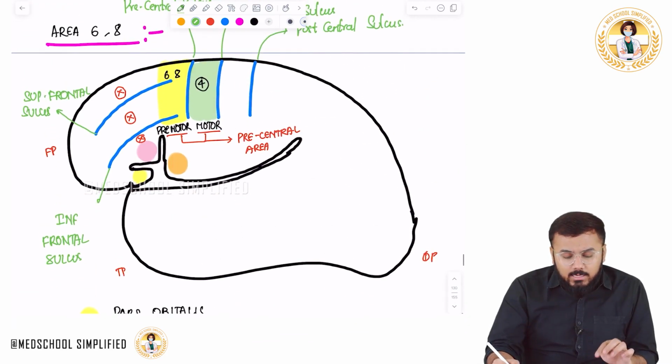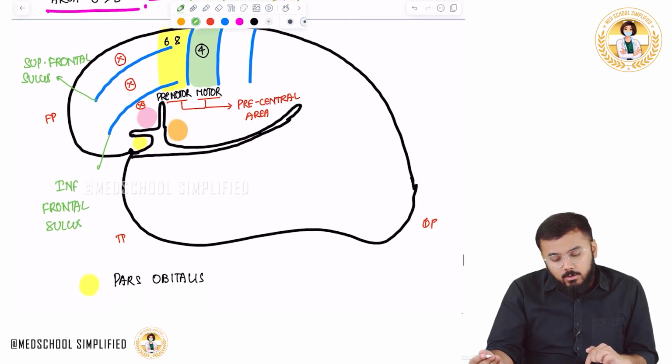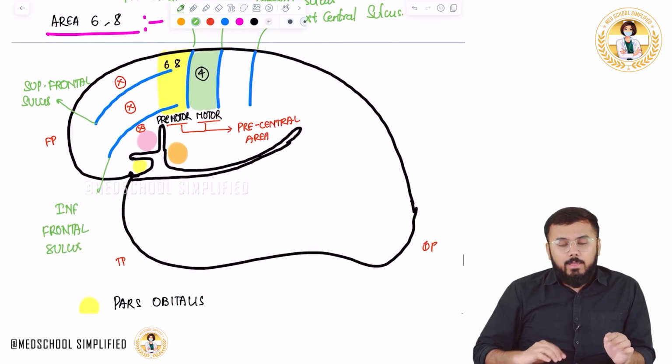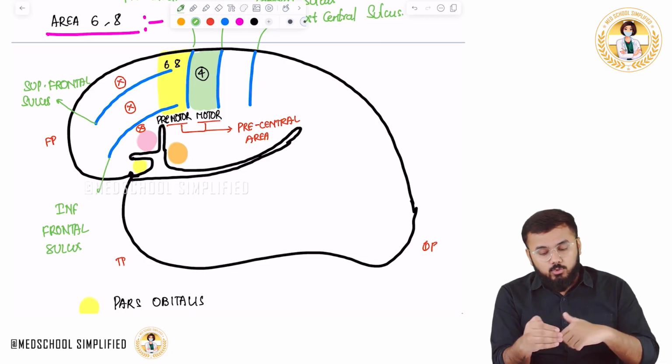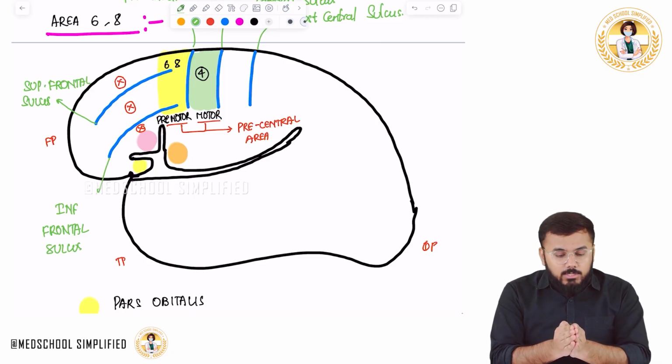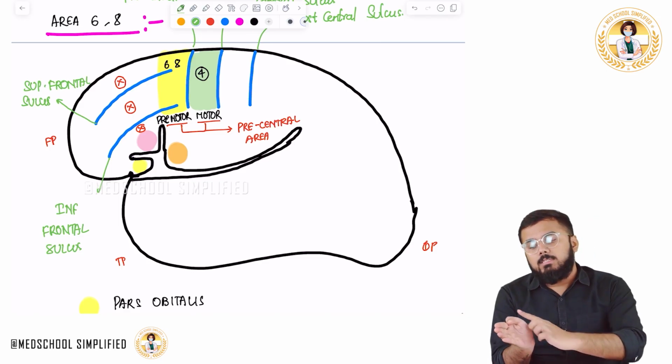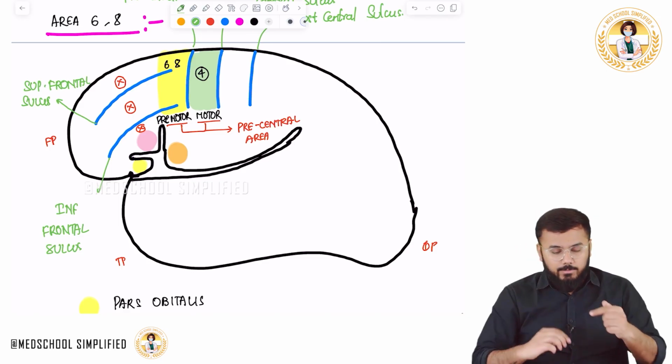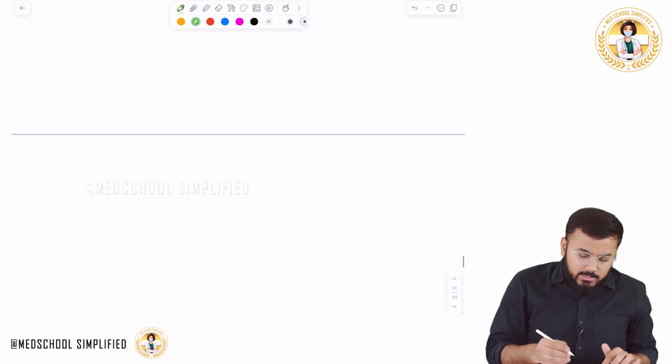Now, are the area 6 and 8 present only here? Aren't they present on the other side also? Right. Now I will draw a picture like this. So this was the superior lateral surface which you saw right now, right? This is this surface. Now what I will do is that I will separate the cerebral hemispheres and I will show you the surface here. That is a medial surface. So in the medial surface,